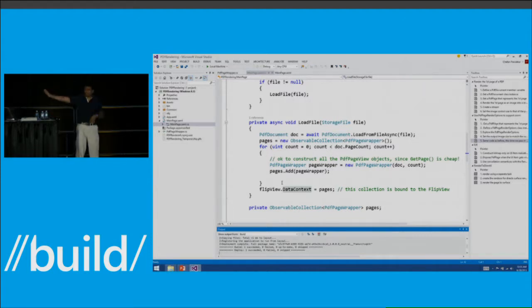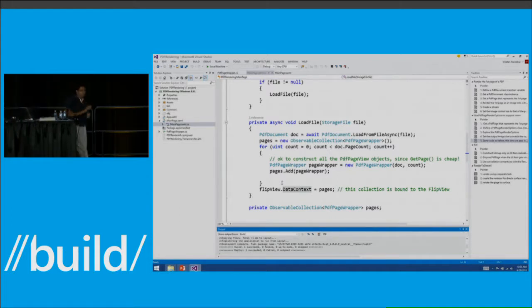We already saw that this application is using UI virtualization. So using the UI virtualization as a trigger point on when we should actually build the page and when we should dispose of the page sounds like a fine idea. So let me go ahead and do that in the code.